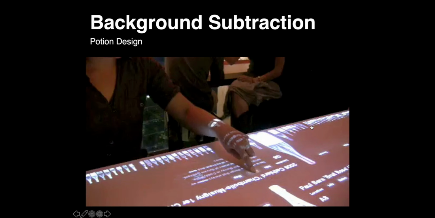So this is overhead projection that is projecting the graphics on this table. And then when you press down on a specific element on that projection on that table, there is a camera above the table that's detecting when a finger is close enough to that particular area. So for this example, you can see that the projection is above the table, but you could also do a